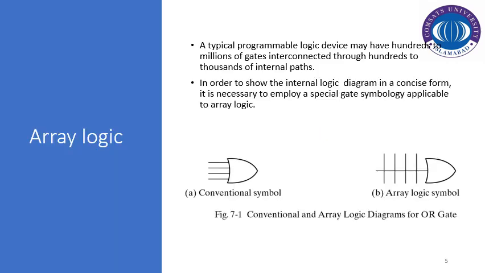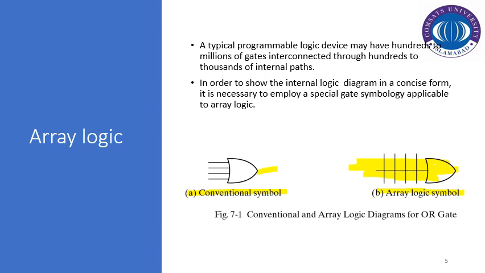So let us see the symbolic convention which we will follow while discussing the memory modules. For example, if we see the conventional symbol for the OR gate here, we can see that the OR gate can have a number of inputs and an output. Whereas, if you have to define it in an array logic or in a memory configuration, we will define that particular operation in that specific symbol. This is, first of all, the difference in the array logic.